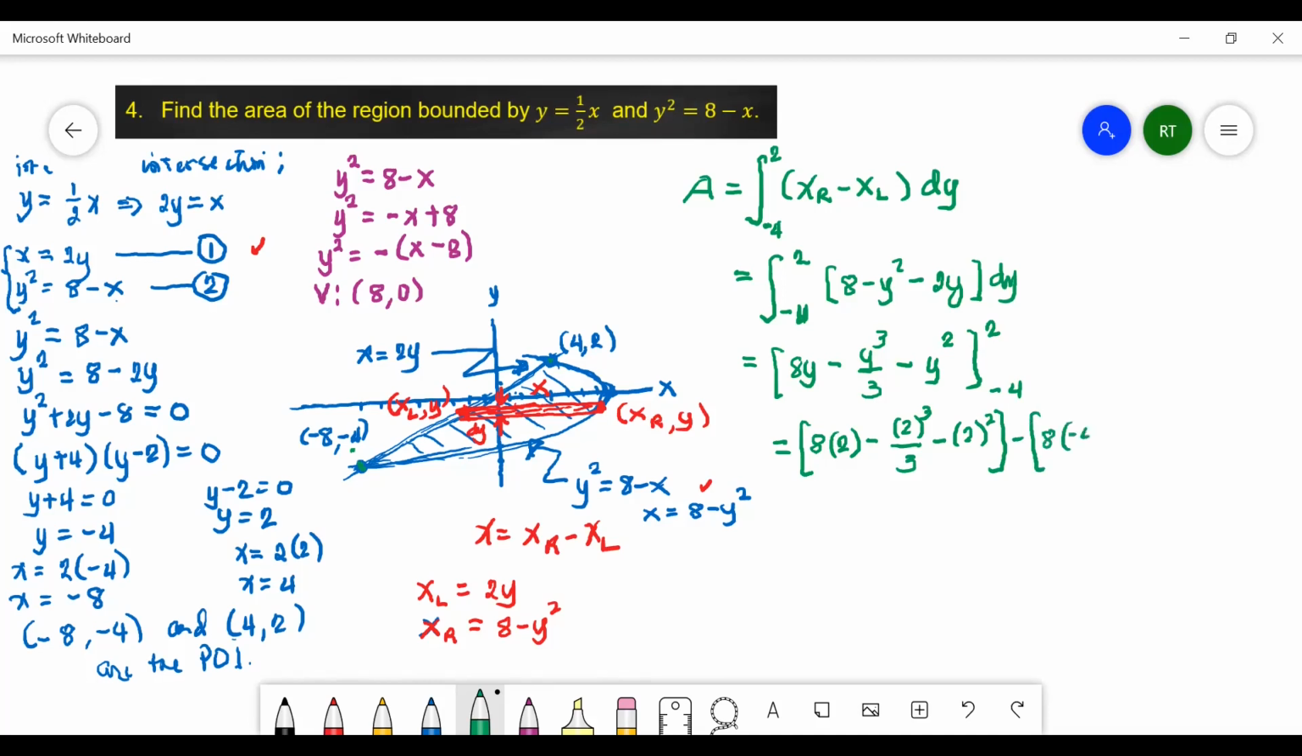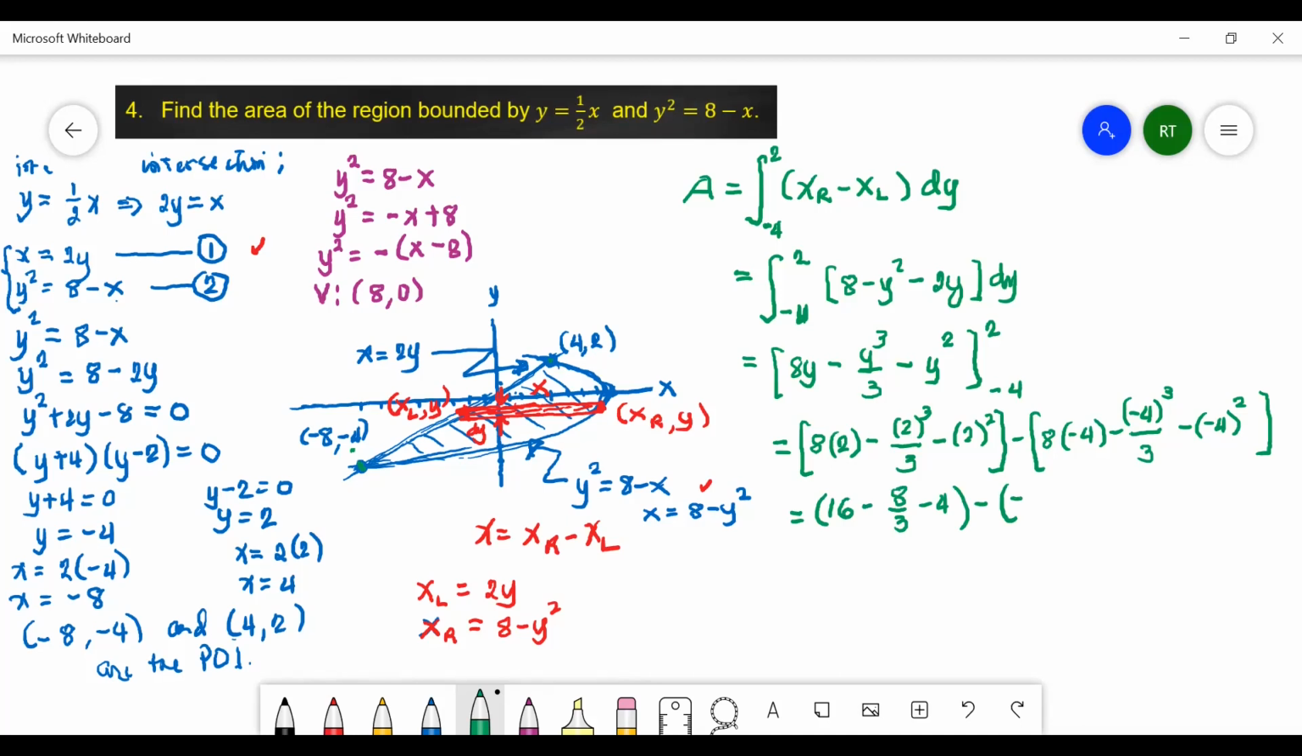So 8 times -4 minus -4 raised to the third power over 3, then minus -4 raised to the second power, and close. Then just simplify the result. What is 8 times 2? Of course, 8 times 2 is 16. So we have 16 minus 8 over 3. 2 squared, of course, is 4. Then minus the quantity 8 times